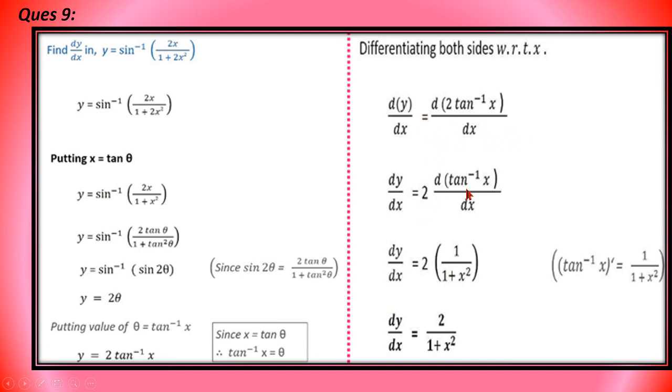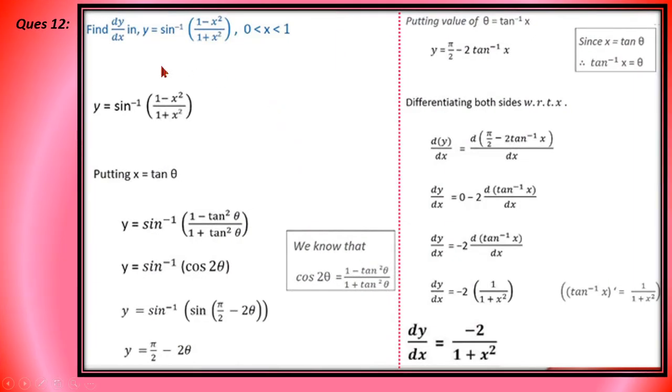So 2 is constant, and what is the derivative of tan inverse x? It is given in that table. So the derivative of tan inverse x is 1 upon 1 plus x square, which is the final answer. Now question number 12, y is equal to this thing. Here also students, if you look at this thing, if you assume x equal to tan theta, again it can